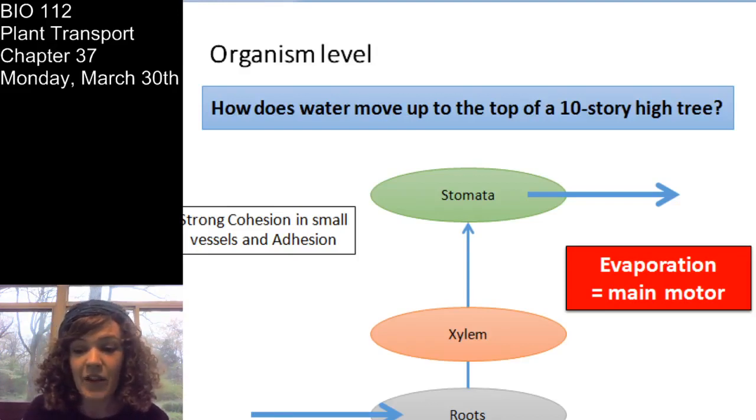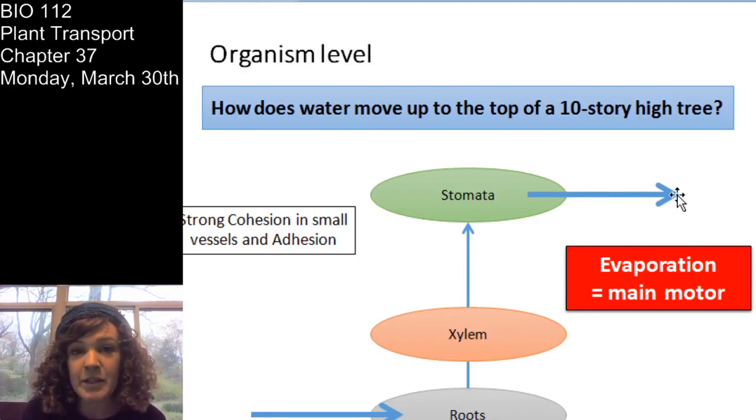So this is how it works. Water moves in through the roots, and we're going to talk a little bit more in detail about how this works in just a few minutes. Up into the xylem and the tracheids, so through the xylem, and out through the stomata and the leaves. And this is mainly accomplished through evaporation, or what we call evapotranspiration. So this process of water leaving through the stomata